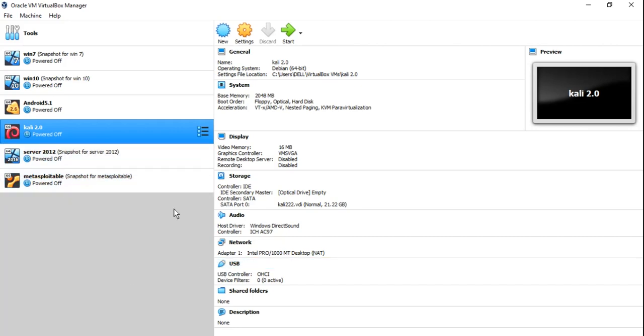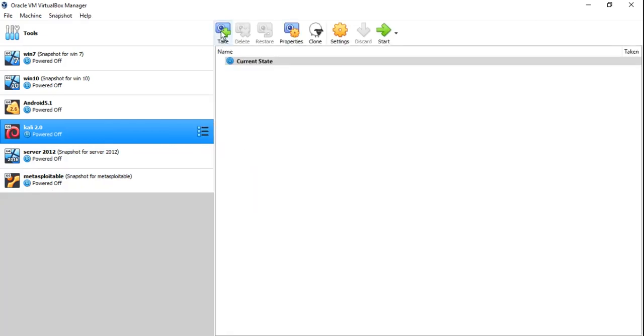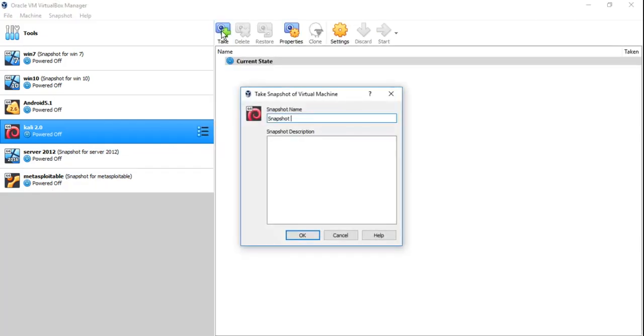First of all, click the three dots you will see here, then go to snapshots, click on take, give it a name like snapshot for Kali, give a description like new installation. Okay,